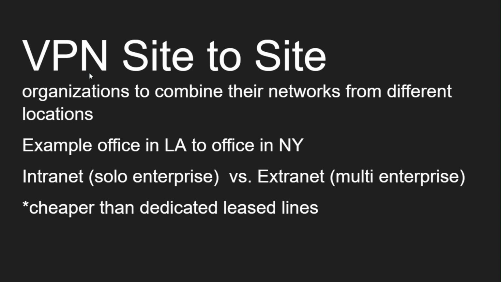So it's basically like taking the office in LA and the office in New York, and for lack of a better term, turning that into a local area network, where it's just basically, hey, I have the resources here. I don't have to go and travel all the way to New York, so to speak. And we have that information. We're communicating through an encrypted channel. Okay, and encryption is key. Mind you, you have the encryption and you have the authentication. So that would be good.